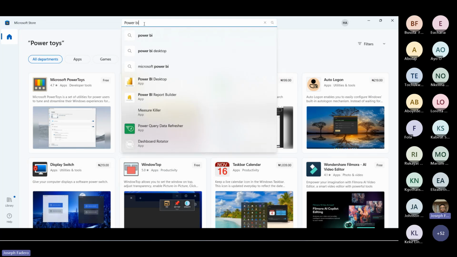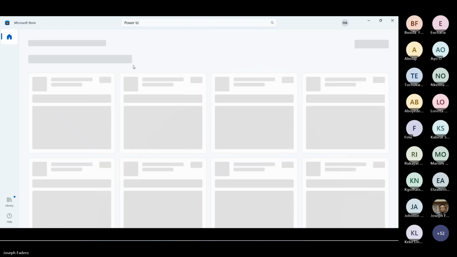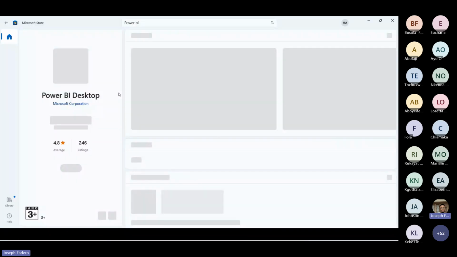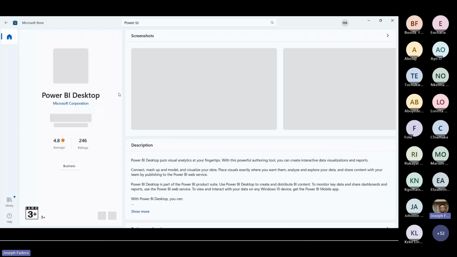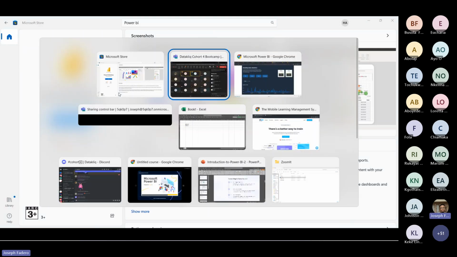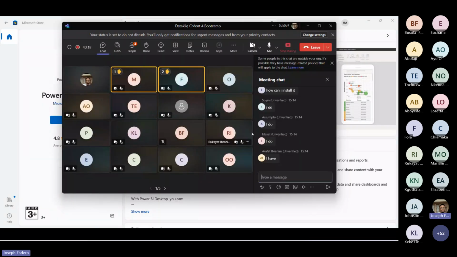I can just search for Power BI Desktop, and the moment I search, I can click on this and you'll be able to install. It's showing open on my end because I have Power BI already installed on my local machine. If you don't, it will tell you to install Power BI. So that's simple for you to do, and you can quickly install it.